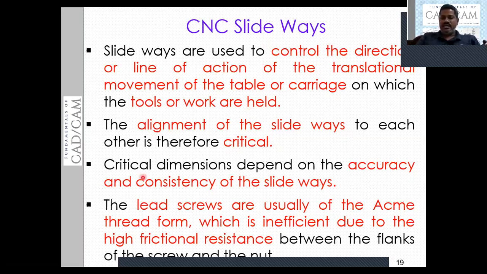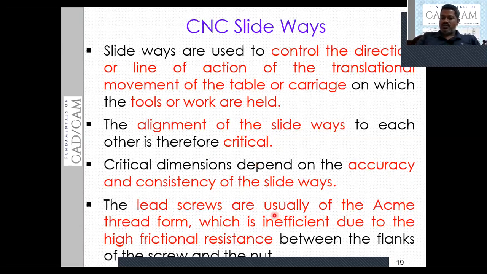To get the critical dimensions, the more accurate dimensions of the component, the accuracy and the consistent movements of the slideways are very, very important. That means the accurate and consistent movements of the slideways play a crucial role to get accurate work.